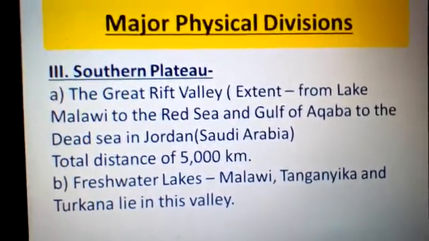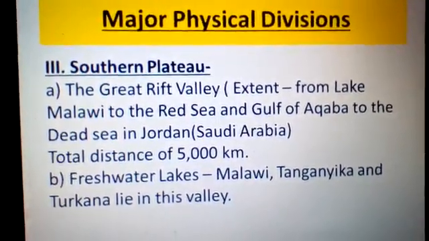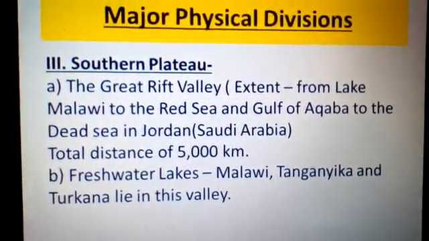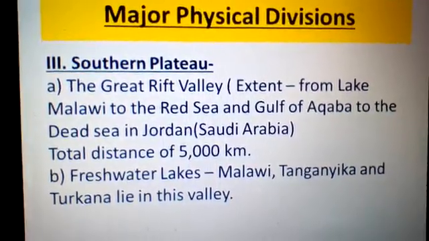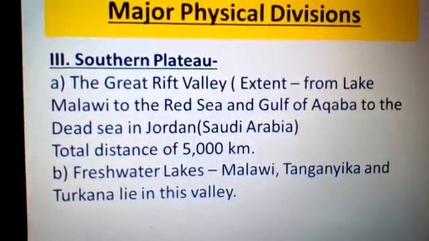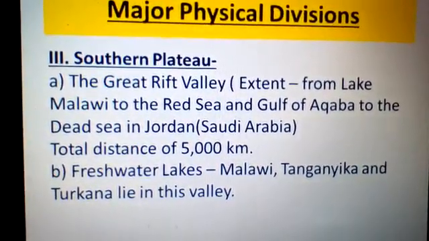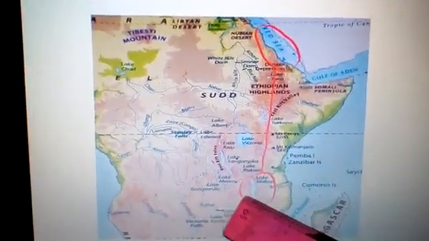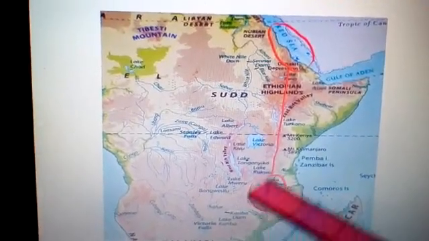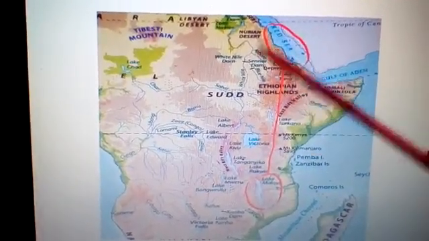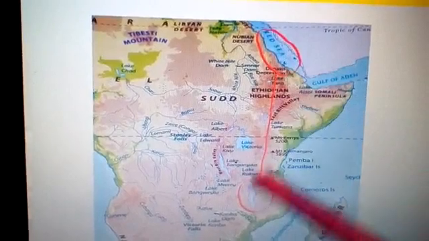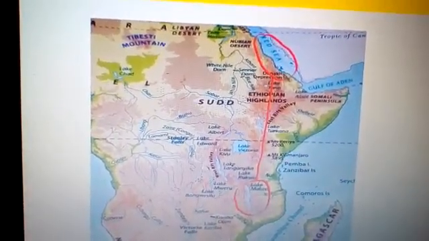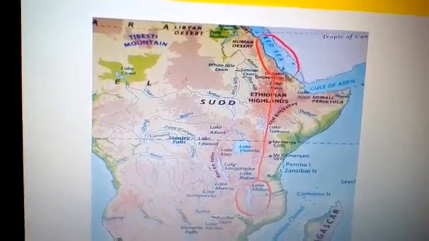Now, what is the extent of the Great Rift Valley? If it is called great, that means it has a huge extent. So it extends for a total distance of 5,000 kilometers from Lake Malawi to the Red Sea. Let's refer to the map and understand where Lake Malawi is. Lake Malawi up till the Red Sea. It's clearly marked out here. So this is the huge extent of the Great Rift Valley,